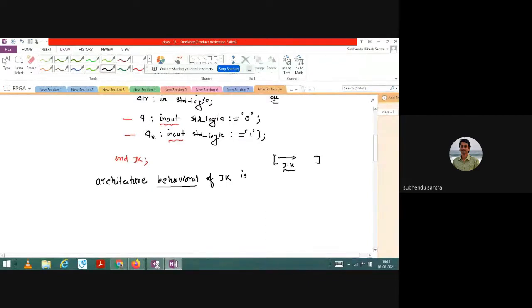Because the first advantage in this JK flip flop is that, unlike the SR latch, where there was no clock and I needed to process S and R both, here I have a control variable, which is the clock. So the clock can control the event, and therefore I do not need to process J and K. If I can process only the clock, that is sufficient. But one problem still persists, that is the relationship between q and q bar with respect to j and k. That problem I can solve by taking a signal. This is very important.